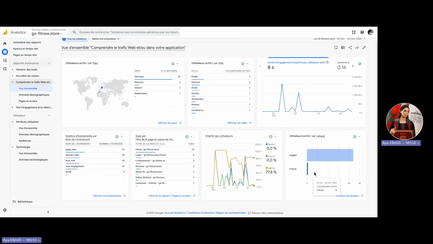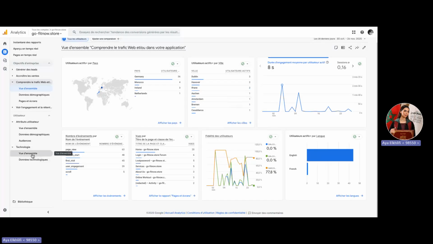And finally, I can see the language distribution of my visitors, with most users browsing in English. As you can see, this page helped us understand where my traffic comes from, how users behave, and which pages and events dominate the customer journey.